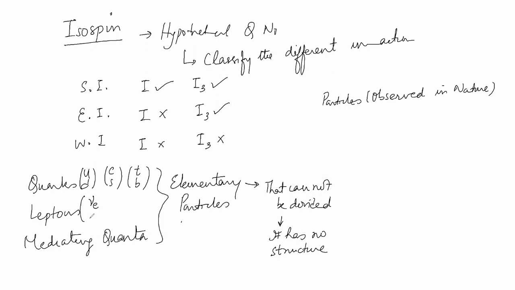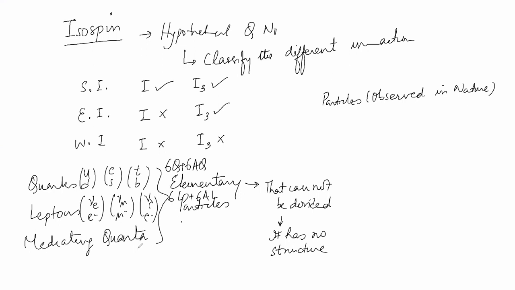Then leptons: electron and electron neutrino, muon and muon neutrino, tauon and tauon neutrino, and then their anti-particles. Therefore, there are 6 quarks, 6 anti-quarks, 6 leptons, 6 anti-leptons, and then